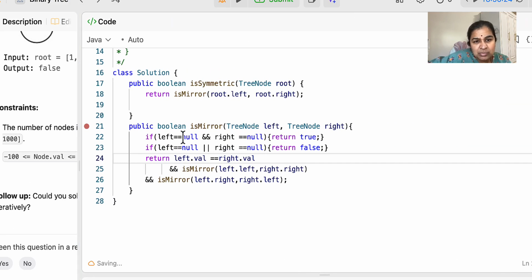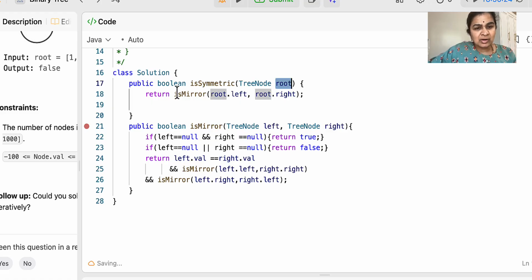The solution is simple. We have a boolean isSymmetrical method and I'm going to be passing the root node. So write a method isMirror and pass the left and the right node here. So what if left and right both are null? Both are null, then it's still symmetrical, right? If one is null and the other is not, that means return false because it's not